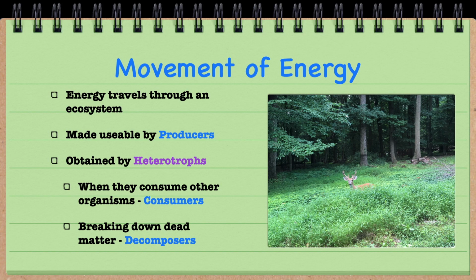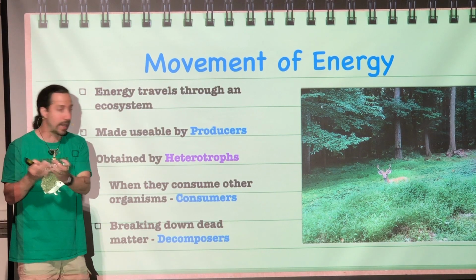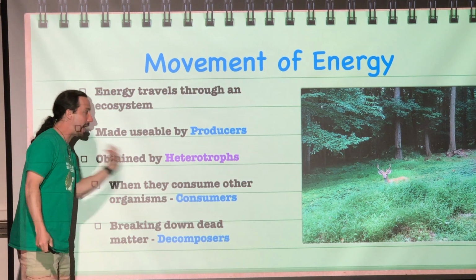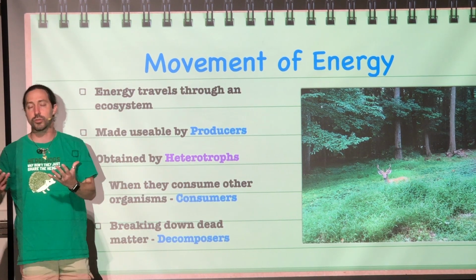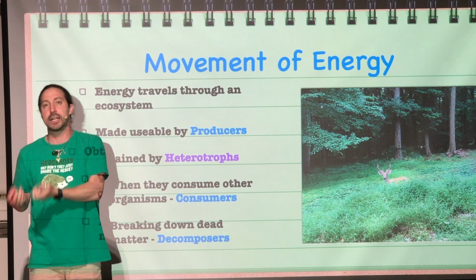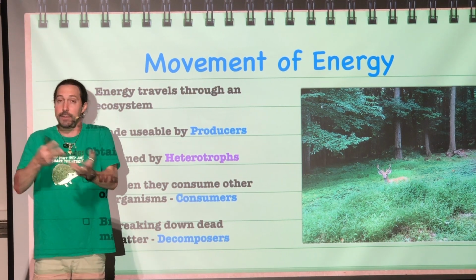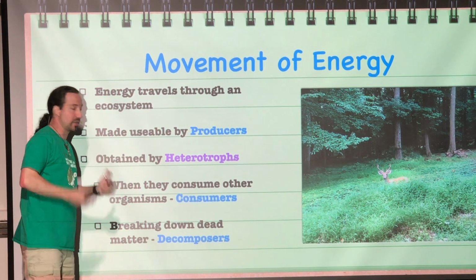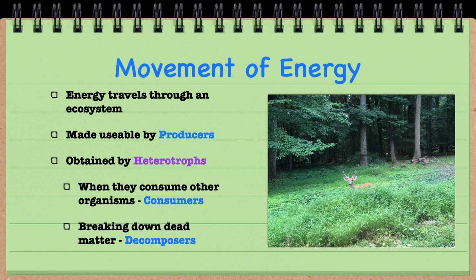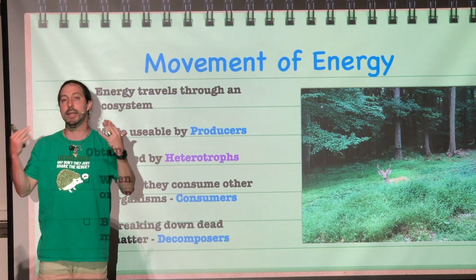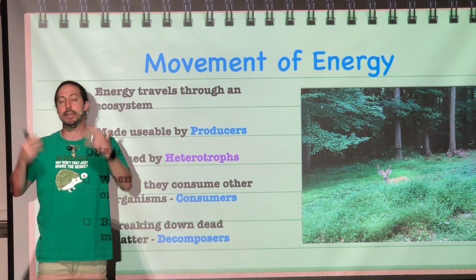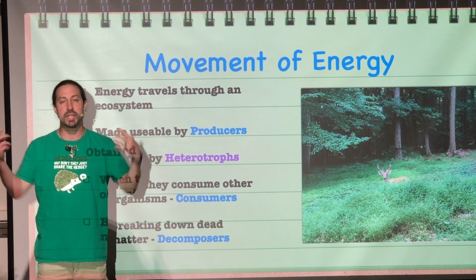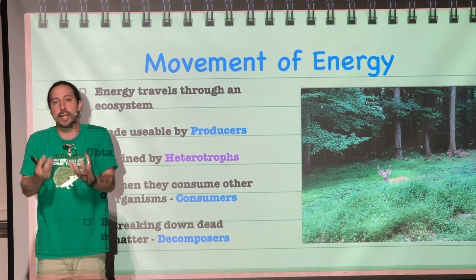But energy is going to travel through our ecosystems, made usable by, again, those producers as they converted the light into chemical energy, and then it's going to be obtained by heterotrophs. And what are heterotrophs? Well, heterotrophs are going to be things that eat the plant life or eat other things that ate plant life, down the line. They are consumers. So heterotrophs are going to be referred to as consumers because they cannot actually make their own food. They need to eat other things to obtain the chemical energy that is stored in that other form of